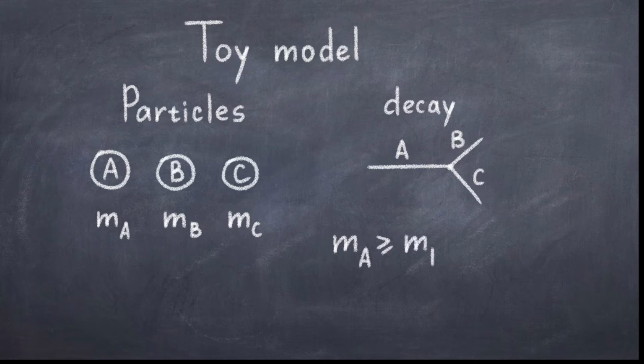If the mass of C and B combined is less than the mass of A, then the excess mass will turn into kinetic energy of the B and C particles. Thus, they will move faster than A. If this condition is satisfied, we can have the simple decay process where particle A decays into particle C and B. Note that we use the convention where time runs from left to right.